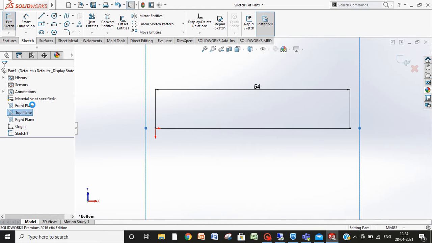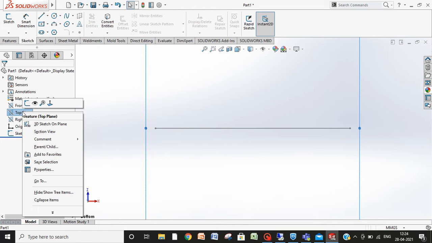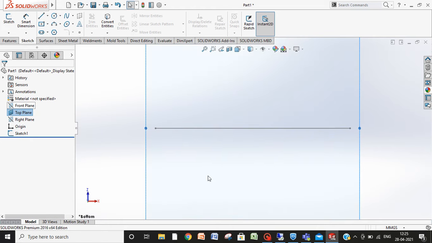Top plane, sketch. You can show or hide planes. Now you can see this; earlier it was hidden. I have a setting to hide those planes, but by default they will be shown and visible.